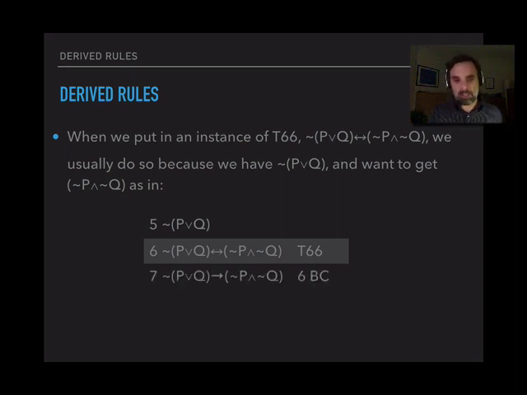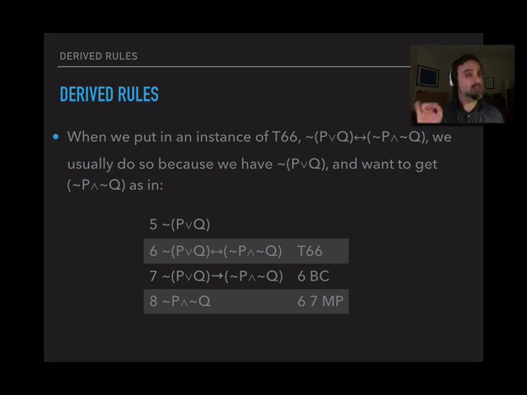And then we could apply BC, and we'd have, if it's not the case that P or Q, then it's not the case that P and it's not the case that Q. And now with 5 and 7, we can do modus ponens, and we get not P and not Q. And while 5 is not very useful, you could use it in an indirect derivation for boxing and canceling, but that's about it. 8 is quite useful because to 8 you can apply simplification, and you can get not P from it and not Q from it. So 8 is better than 5. So this is nice. You could use the theorem and then take a couple of steps to get to the result, but